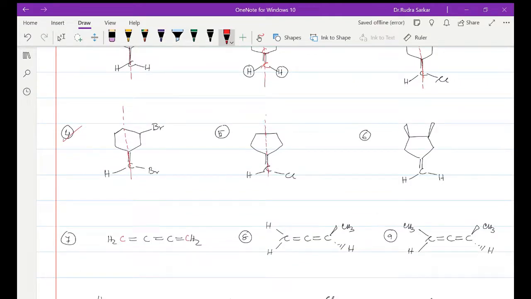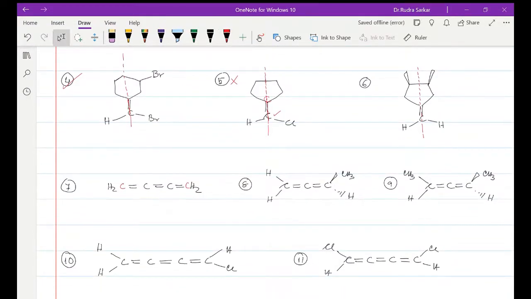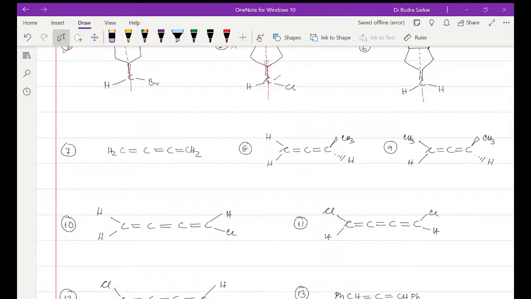For the molecule number 5, for the carbon below, which is this one, right hand side is not equal to the left hand side, but if we consider carbon over here, the right hand side is equal to the left hand side, so no GI possible. The plane lying on this particular line is dividing the molecule into two equal halves, so GI not possible. Now GI is possible when we have